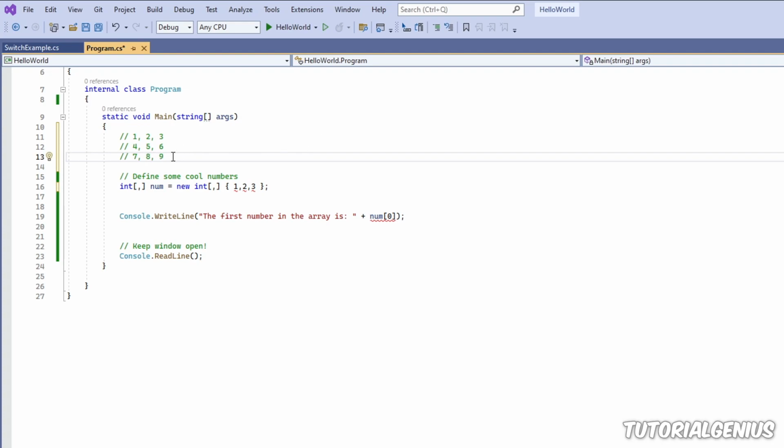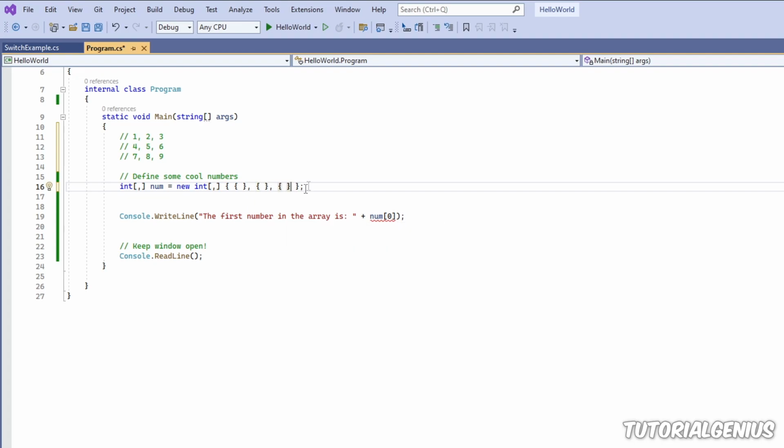Because of the nature of 2 dimensions, you have one dimension going across and one going down, and then it fills out into graph paper, a chessboard, something like that. So this is what we want to emulate here. So now I've put in commas here. We immediately get a red line because C# knows we're creating a 2D array, but this format is incorrect. So the format for a 2D array